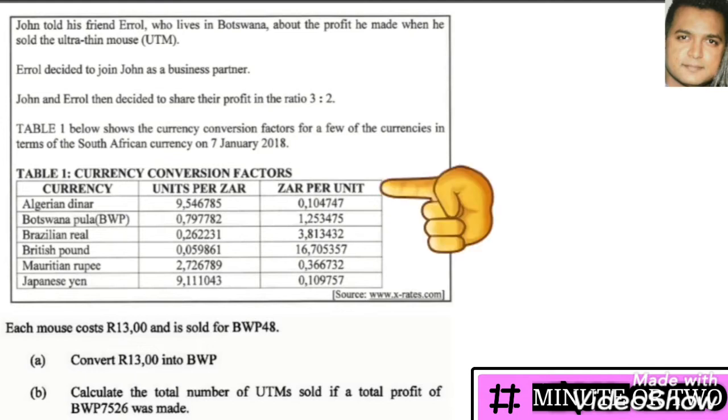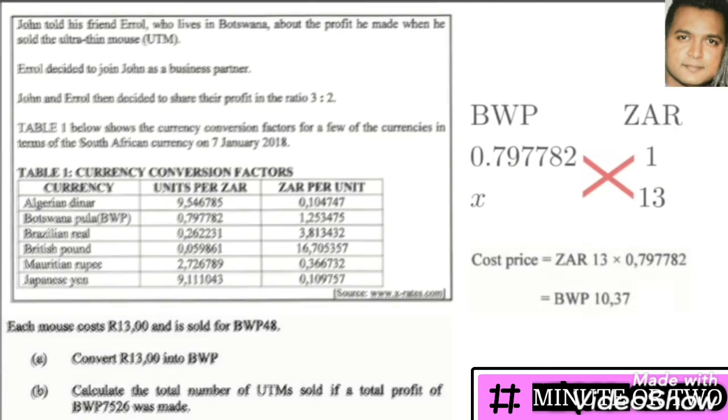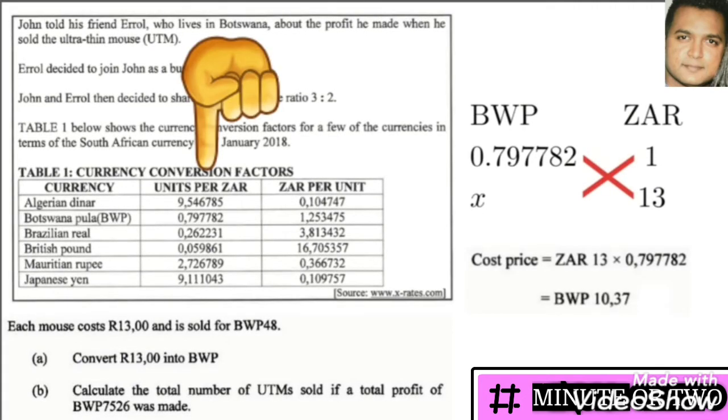Due to the fact that we are presented with units per ZAR and ZAR per unit, this means that learners have two approaches in which to answer this question, and we will look at both in this video. Using the center column, the units per ZAR, firstly we present our two columns, which is Botswana pula and ZAR,